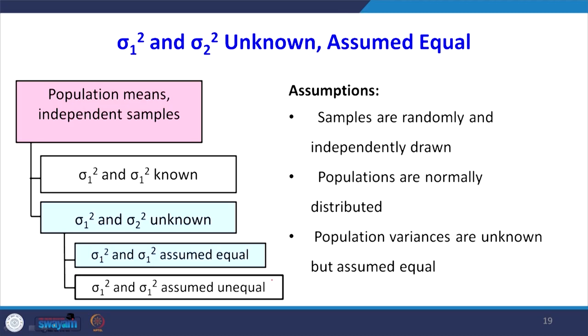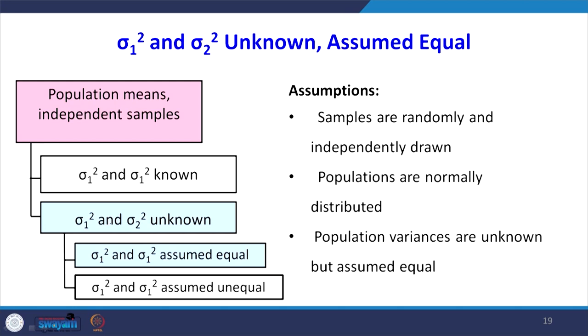So far, in the previous problem we knew sigma 1 square and sigma 2 square, but in this case sigma 1 square and sigma 2 square are unknown, but we are assuming they are equal. There is a concept behind why we assume it is equal. A comparison is meaningful only when the variances of the two groups are equal. Like comparing the performance of third year versus fourth year students has no meaning. We can compare only third year students versus other third year students. So the variance has to be equal, then only the comparison will be meaningful.